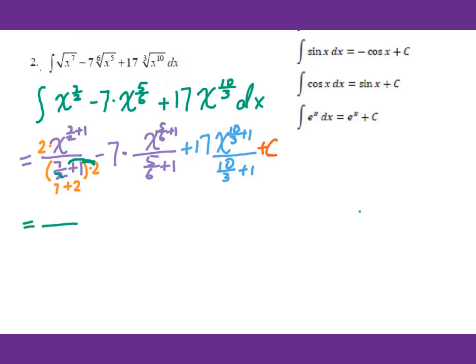Your denominator will be 9, 2 over 9, x to the 9 over 2 power, because you change this 1 into 2 over 2. Then you add. Then minus 7 times